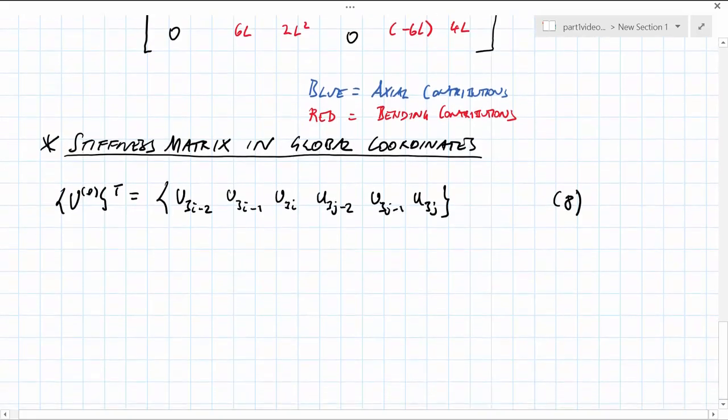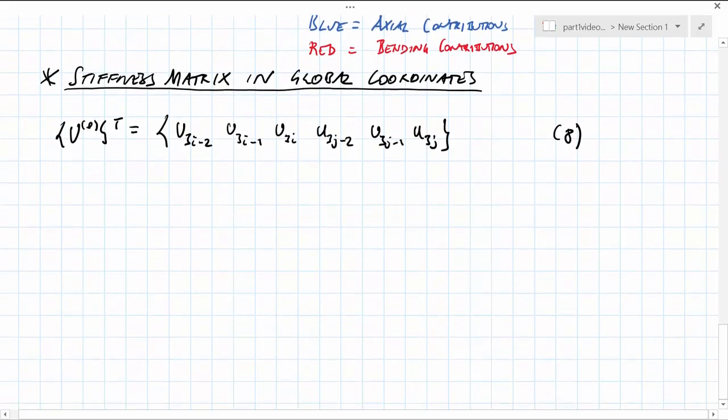To move from the element coordinate system to the global coordinate system, we need to use the transformation matrix. The transformation matrix T, in this case, is defined as follows: